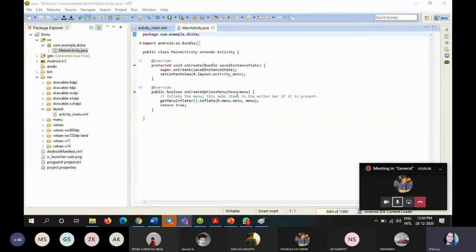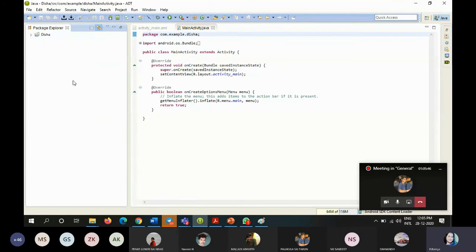One more important point: before continuing the session, I'm going to ask one question. I'm hiding all the data. For example, my Eclipse has only one application; whatever the application name, just forget it. Now just imagine my Eclipse has 5 applications. How many XML files, and at the same time how many Java files, does it show?